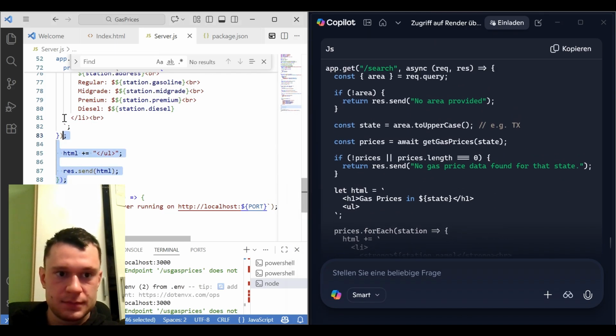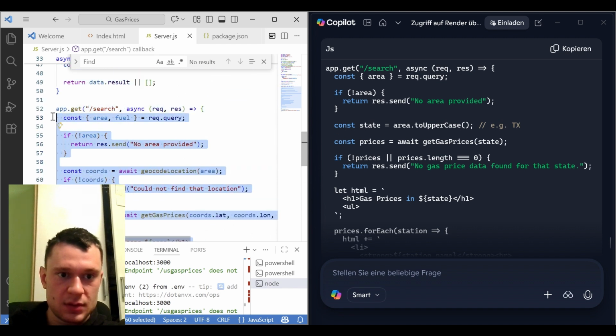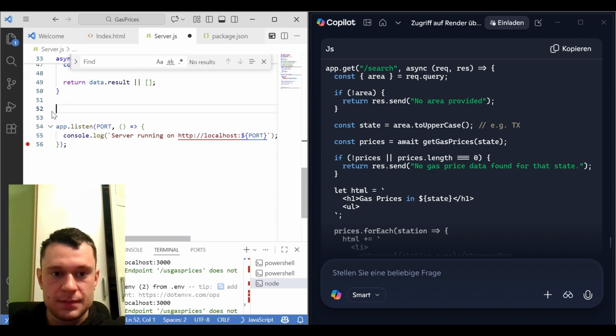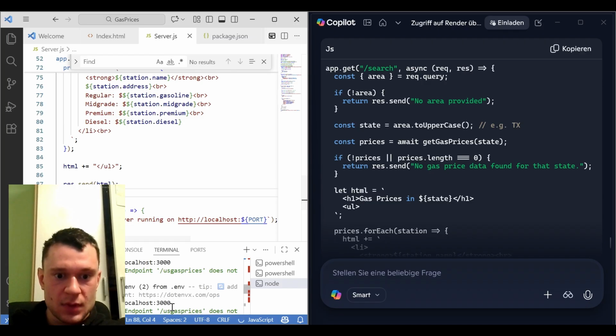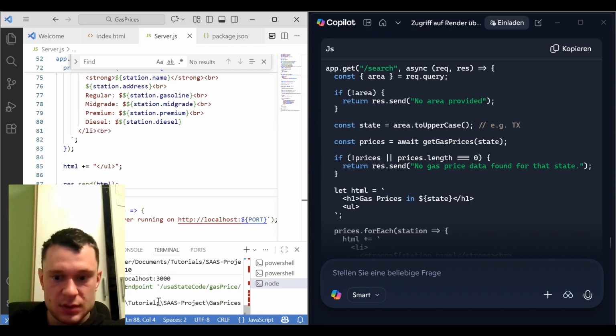Okay. App get, and now we will see, under the sea,